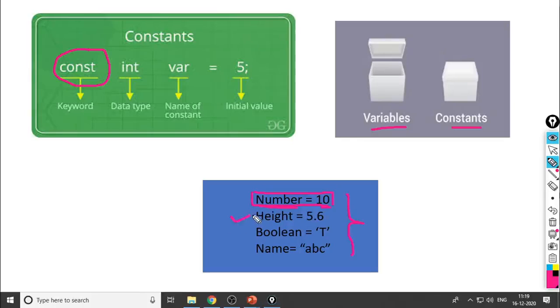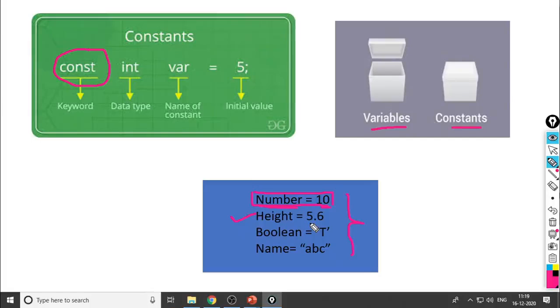What is the next example here? Height is equal to 5.6. These two are different values. This is the integer value, and what we can call this is a fractional number, a floating point number. A floating point number is a number which consists of an integer part as well as a fractional part. What is the value here?